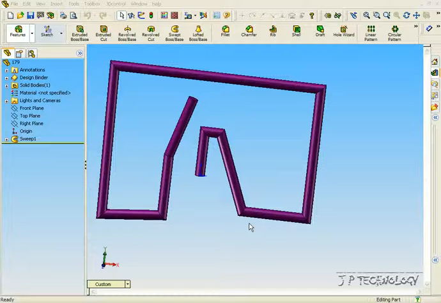This is tutorial number 179, and it covers how to use the Split Bodies feature within SOLIDWORKS. To start off, open up tutorial part number 179, which is located on the DVD. So we're going to be covering the Split Bodies feature, and what that does is, as you can see this